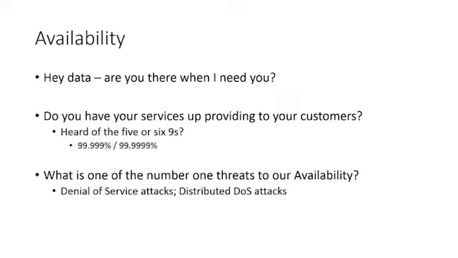What's the number one threat to our availability? If you think about that, it's DoS attacks, a denial of service attack. And we're going to talk about that one a little bit later too. Could be a denial of service, could be a distributed denial of service, right? Those DDoS attacks you may hear about. If I'm constantly flooding you with information and you can't service any more requests, well, that affects the availability of your services, if you're the provider or if you're the customer. If I'm the customer and I can't get to my cloud services or my shared services or whatever you want to call them out there because somebody else is inundating you with tons of data, I can't get my stuff.